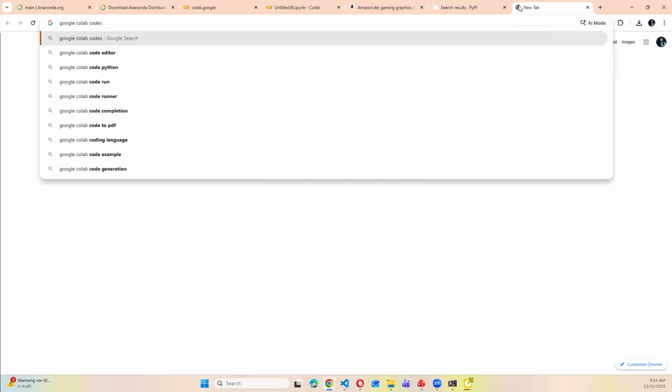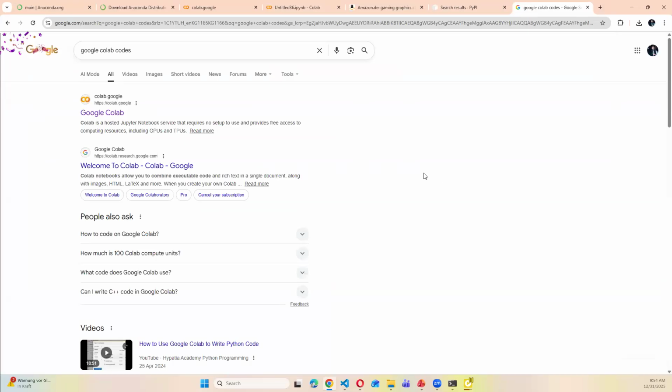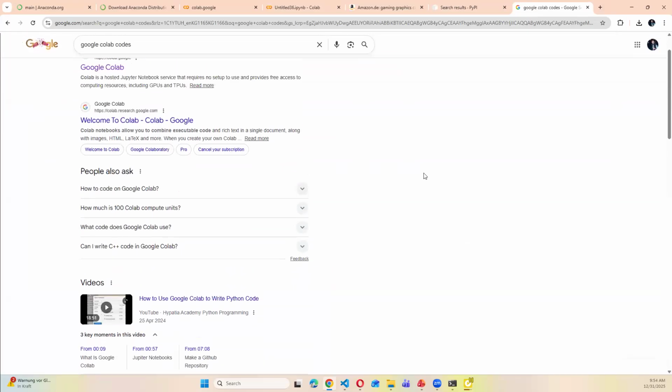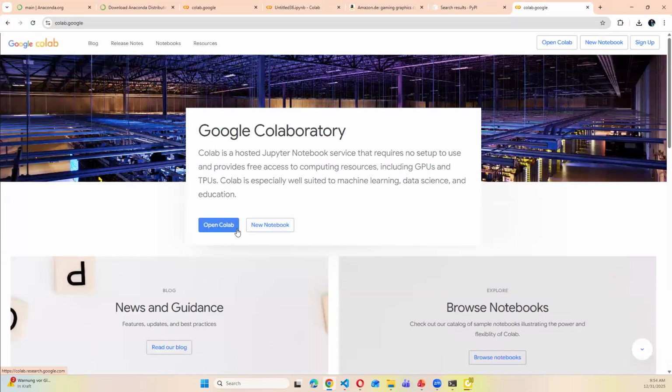Sorry, teacher. In Google Colab, we can write Python online? Yeah, you can write it, and it will be saved in your Google Drive. Yes, teacher, it is more useful online. Yeah, you can do it. That's why I said, if you are not able to install because of an internet issue or something, you can just do it with Google Colab.